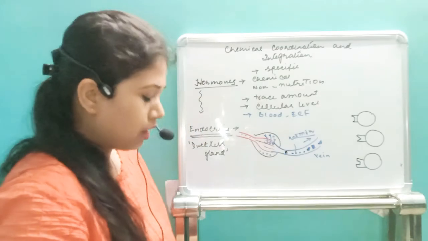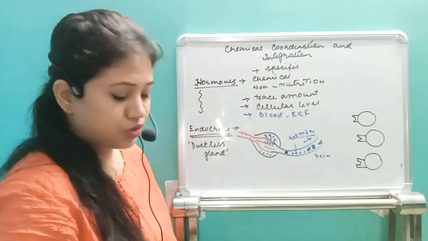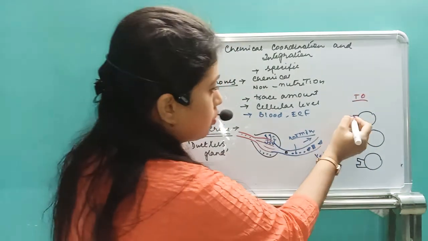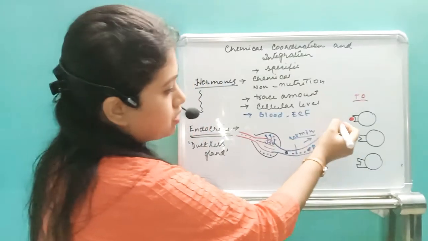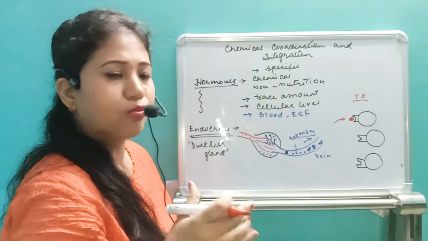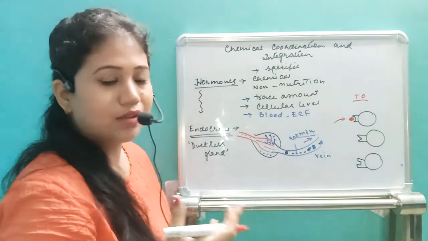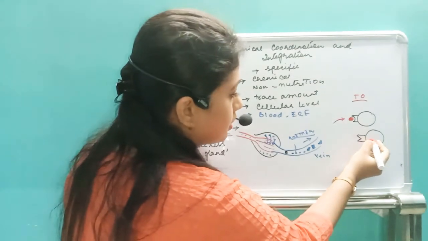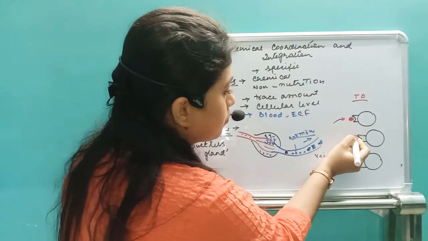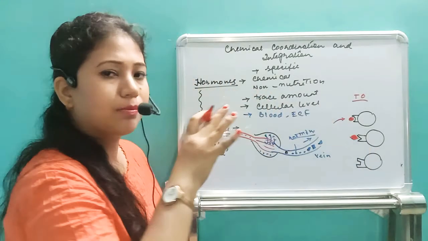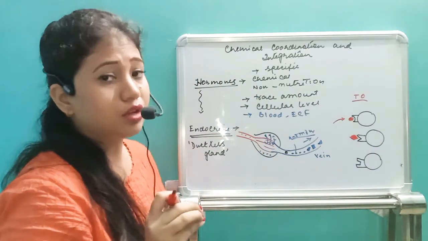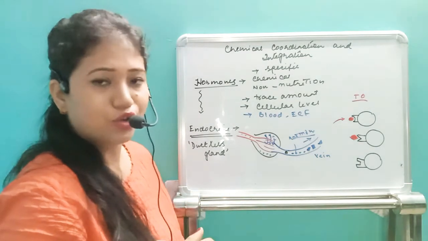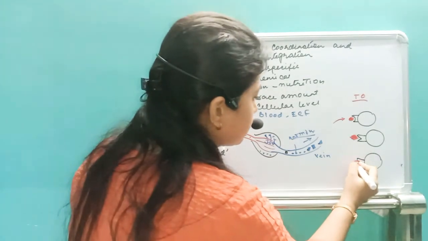So what will happen? The blood is carrying all the hormones, but suppose these are the target organs. Only this target organ will receive the blood carrying that type of hormone, and that hormone will bind to the receptors. After that, the target organ will start to show its function. Similarly, suppose this target organ has this kind of receptor, so only that typical hormone will be attached to the receptors. In that period of time, the hormone-receptor complex will be formed and the target organ starts to work. For this organ also, the same thing is happening.